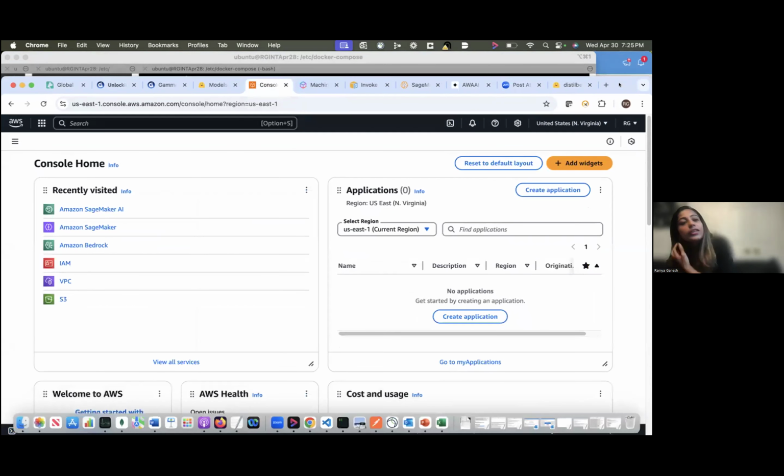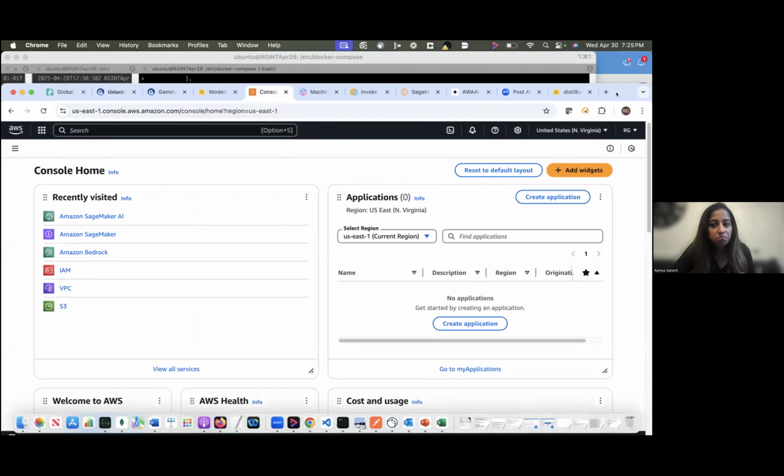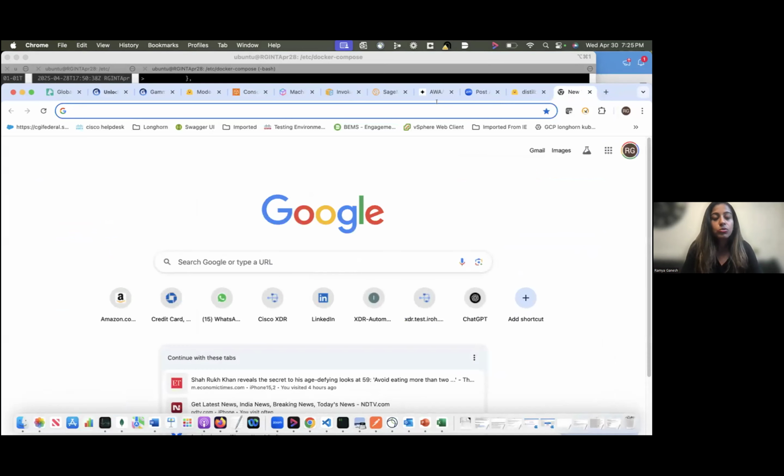Okay, so for those who are very new, if you have not used AWS before, I'll just give a little bit of a starter in case you want to sign up. If you have used AWS with an Enterprise Edition, most likely you will not have access to Bedrock and SageMaker, and you would see some permissions error. But if you are trying to play around with SageMaker and Bedrock, I would highly suggest you create your own account. And it's a free account.